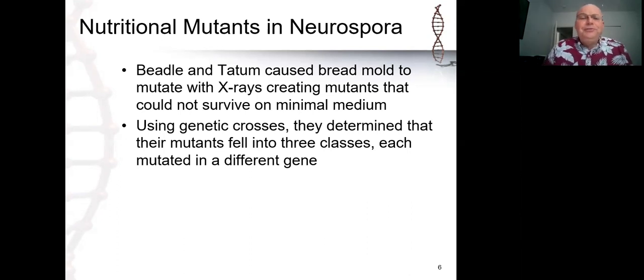Now, when they chose to do their genetics research, rather than competing with Morgan and working with fruit flies, because Morgan pretty much had the fruit fly scene wrapped up, they chose to work with a fungus called Neurospora crassa. This is a member of the same family of fungi that we refer to as molds. Now, a mold is simply a fungus that reproduces by releasing spores and growing on the surface of the materials